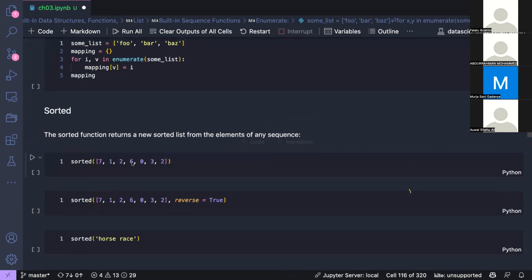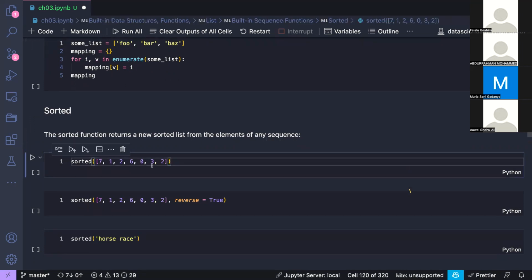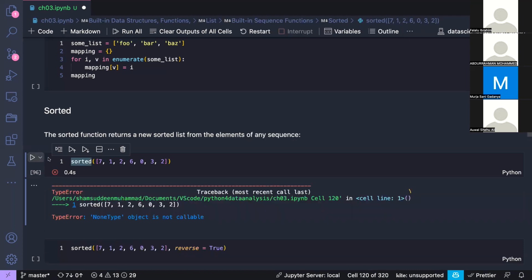Then we have a function called sorted. So what sorted does is basically it sorts the items in a sequence, just like sort, but sorted can be assigned to a variable. It does not change in place. So if I have this,